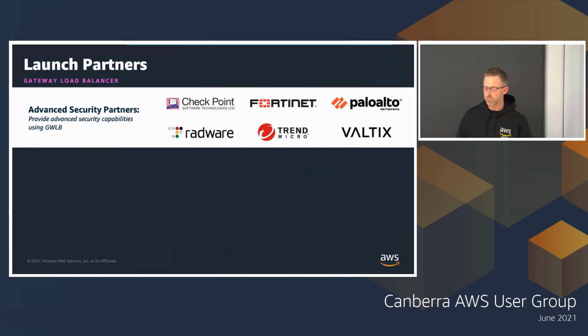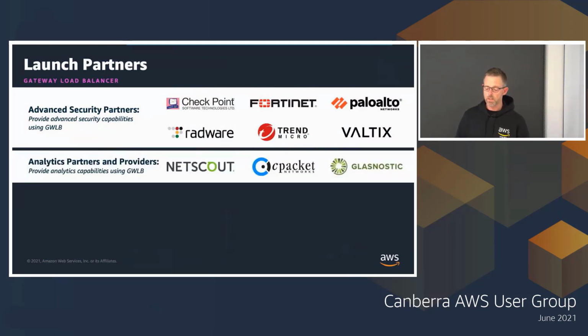Well worth checking out if you happen to have those appliances on hand. We had some analytics partners involved, NetScout, Glassnostics, cPacket, that again, they all have appliances which integrate with Gateway Load Balancer,